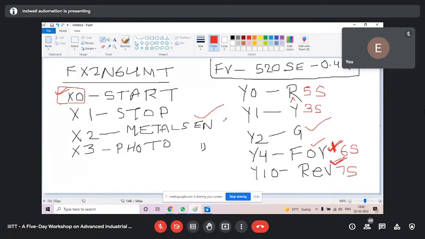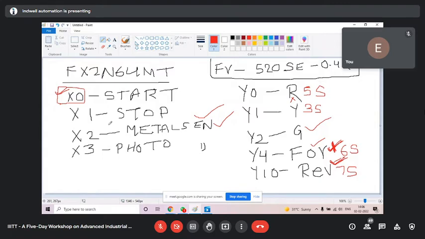Now we have to fit our sensor in our project. The sensor is connected to X2. This is a metal detector. The purpose of the sensor is, suppose there is some fixture or some job which should not move from its position. So we have put one metal detector. If the fixture or the job moves away from the sensor range, the sensor is off, X2 is off.